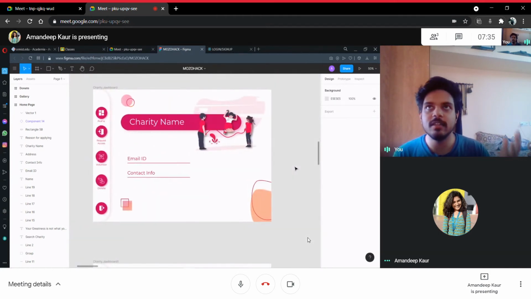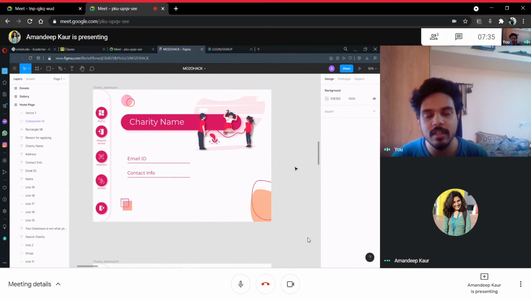So basically, when we were growing up, there were a lot of clothes and things that we had to dispose of, but we didn't know how to do it. So this website will actually give charities a way to publicize themselves, and people a way to know how to donate to them and where to donate.